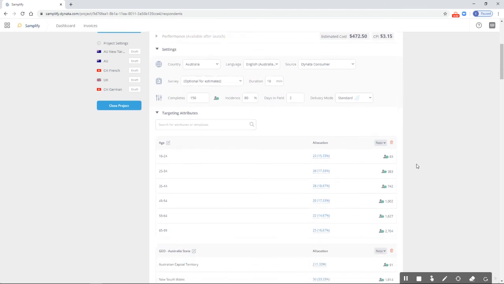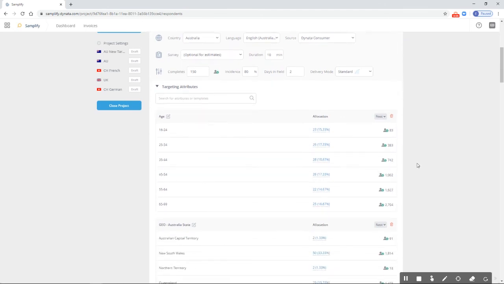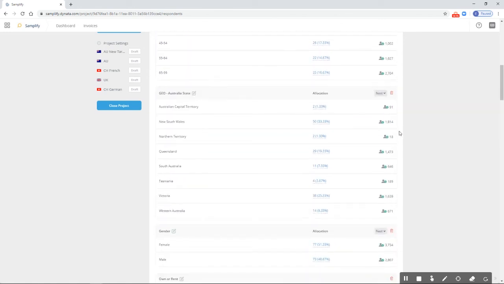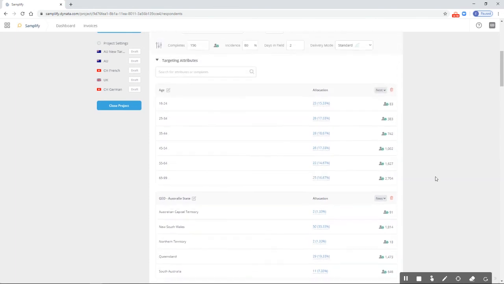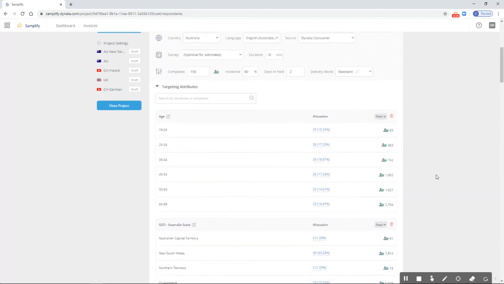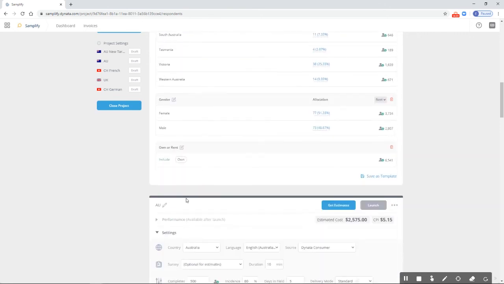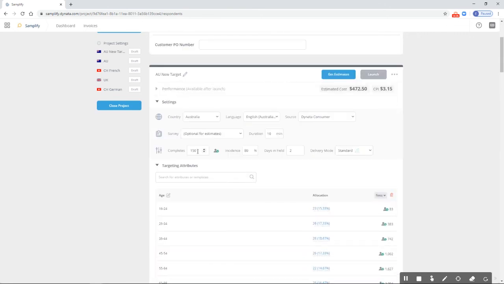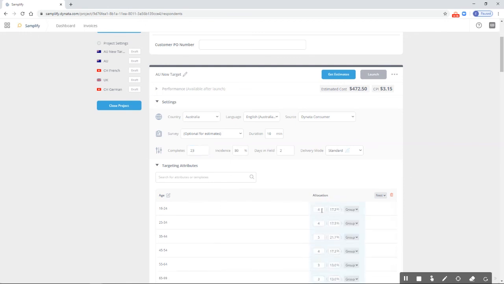So one thing you can do, and that's what our PMs on internal managed app projects would do as well, is try to front load certain target groups. In this case, we do know that, for example, 16 to 24-year-old males are always difficult to reach. So what I would probably try to do, if I have the region open, as well as own rent, I would set this up for 23 completes now. Add those 23 completes just here, put everything else